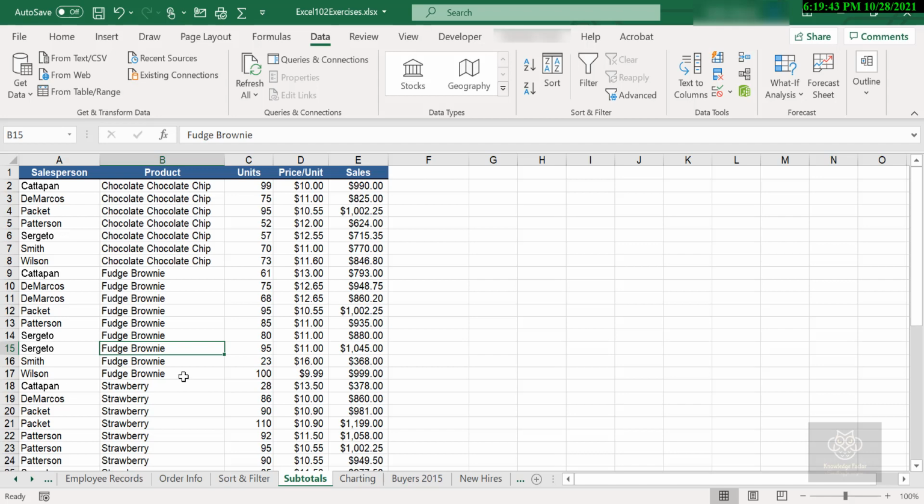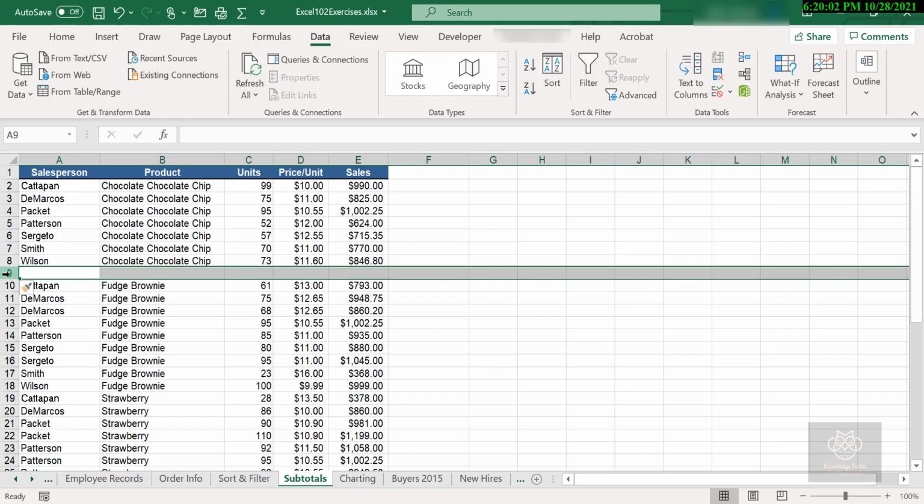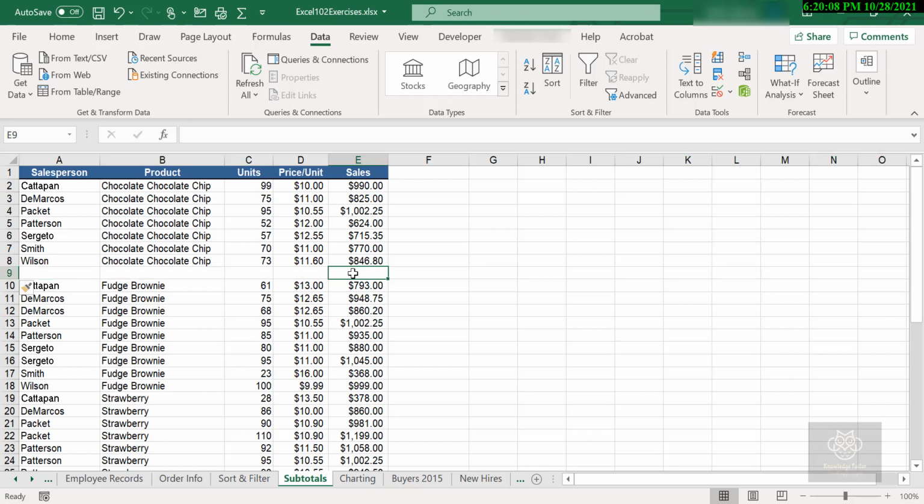Take a look. So first I've got the groups, got my chocolate chip. Now I'm going to drop down here to row number 9. I'm going to insert a row. I'll press a shortcut key, Control plus. I have now got a new row in there. I'll jump over to the sales column and I'll sum it up, right? This is me manually doing this. Okay, so I'll just give equal to